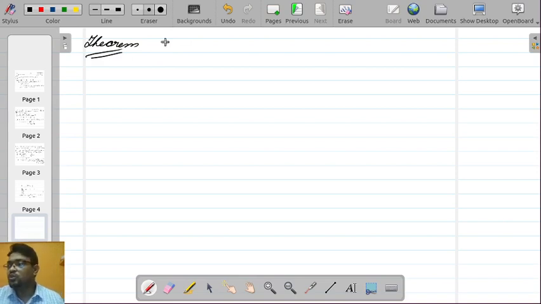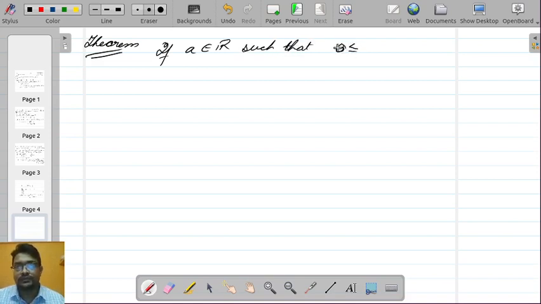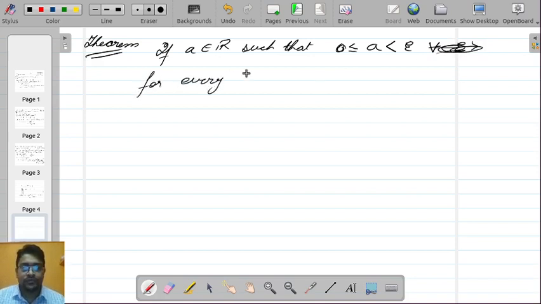So if a belongs to the real numbers such that 0 is less than or equal to a, strictly less than epsilon, for every epsilon greater than 0. Let me write it in language. For every epsilon greater than 0, then this a has to be 0 only. If a is a non-negative real number which is smaller than every positive real number,